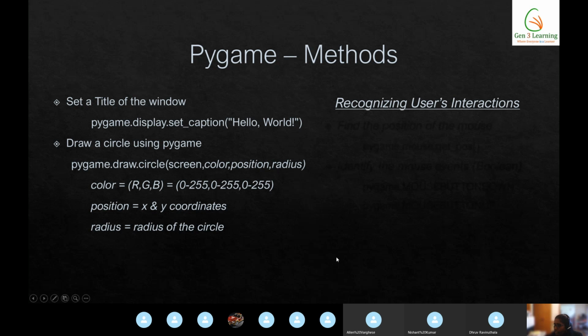And recognizing events: when the user is doing something, you have to recognize that event, right? Like mouse up, mouse down, or the user pressing a key, like space bar, right, left buttons. Today I will just introduce you to mouse up and mouse down. You can also get your mouse position. If I'm here, my mouse is at a different place. If I'm here, my mouse is at a different place. So you can get